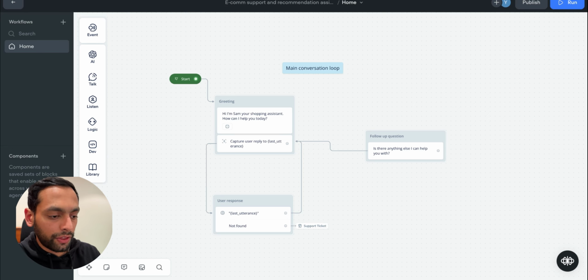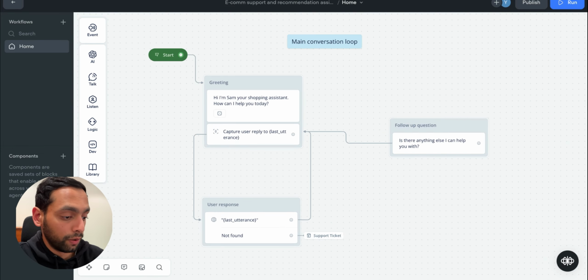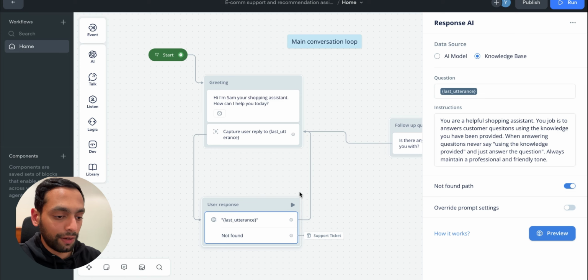So for this one, we've got 3 main conversation flows that I'll be covering. Let's have a look at the first one. So this is the main conversation loop. This is where the assistant will ask you how it can help, and it will capture the user's reply. And then it will go into this response AI block, which it will use its knowledge base to answer any